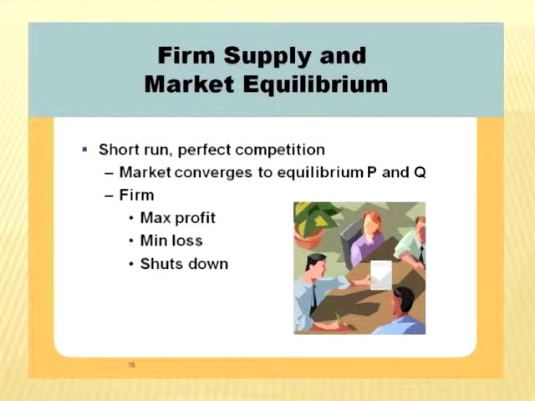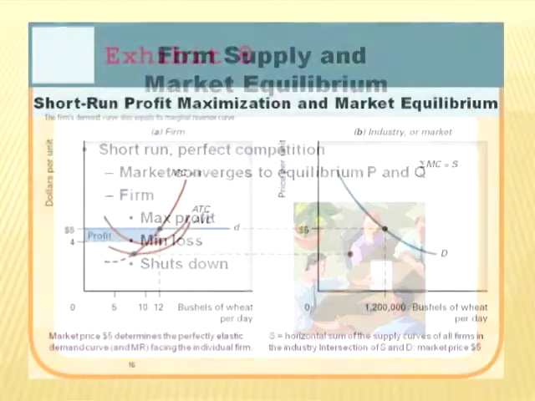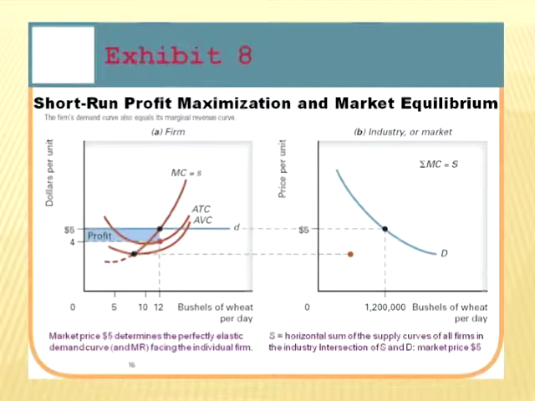We were looking at the firm's supply, and in fact we were looking at the market supply curve, and we came to understand that it was just the marginal cost curve above the shutdown point. The firm seeks to maximize profit, but it could in fact not be making a profit. It could be making zero economic profit. They could be enduring a loss, so they could be minimizing a loss, or they could be at a shutdown point. That is, at the point where the loss is exactly equal to what the fixed cost is. So we could find ourselves in this position.